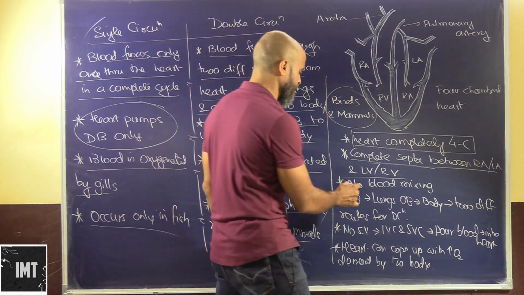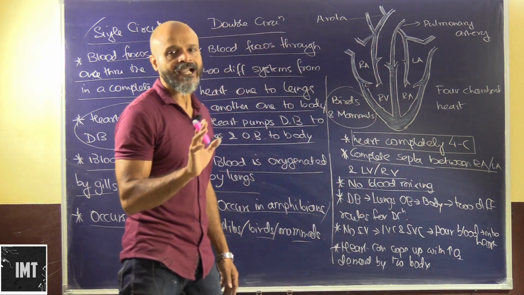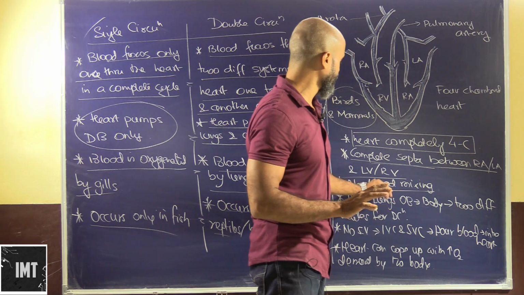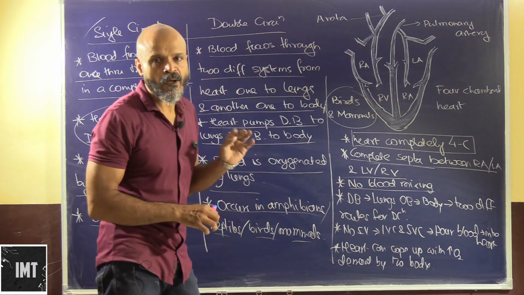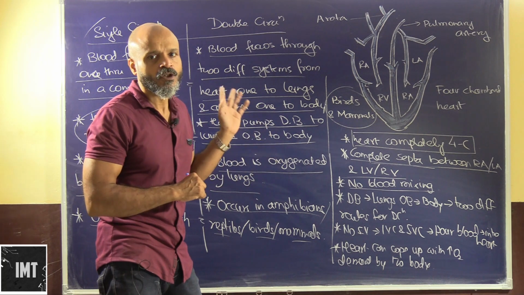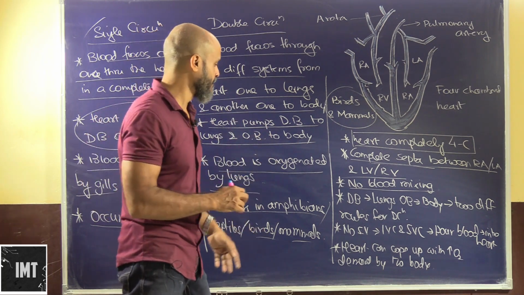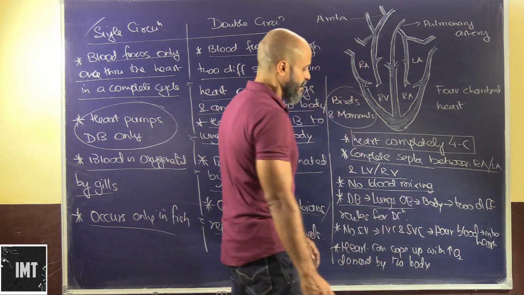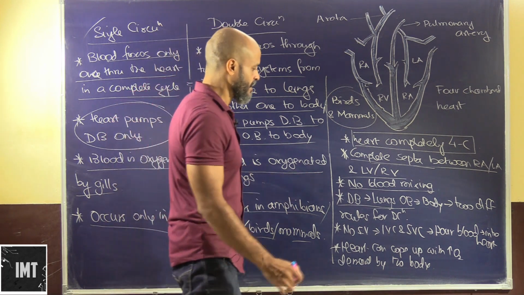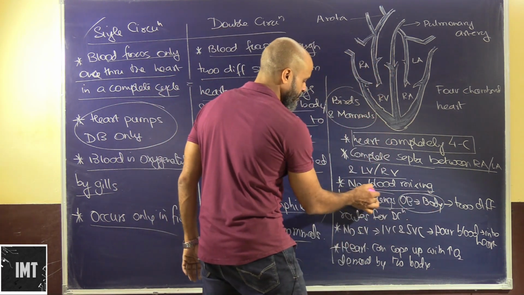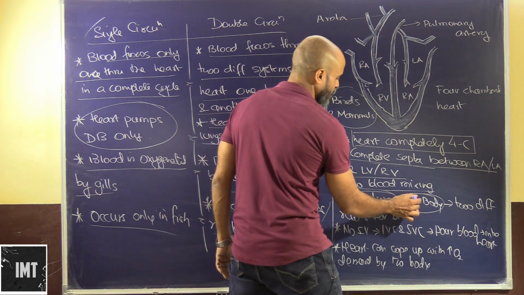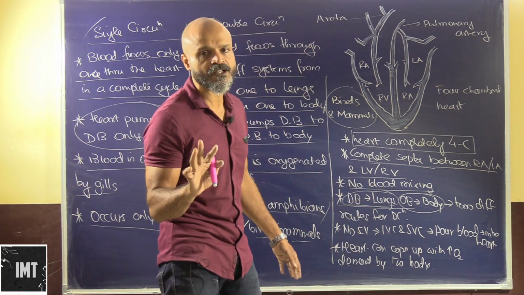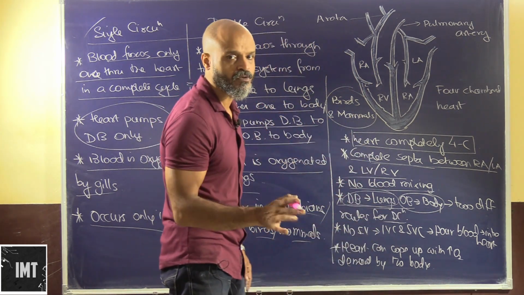So there is basically a complete septum. No blood mixing will happen, as it has happened till now between amphibians and reptiles. There will be no blood mixing at all. So pure oxygenated blood will be transferred to various organs of the body by the heart. Deoxygenated blood is pumped to the lungs, and oxygenated blood is pumped by the same heart to the various organs of the body. So two different routes for this kind of double circulation. There are two absolutely different routes.